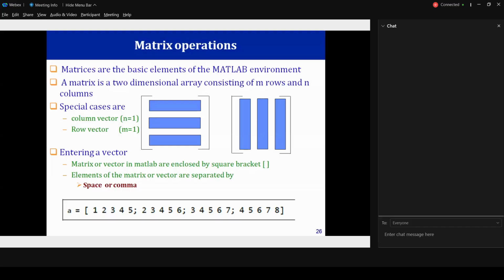Okay, so let's start just to provide the recap about last lectures. We basically covered how to write the matrices, how to insert the rows and columns in matrices, and how do we refer to a particular element of the matrices. Previously we also saw how do we write column vectors or row vectors.